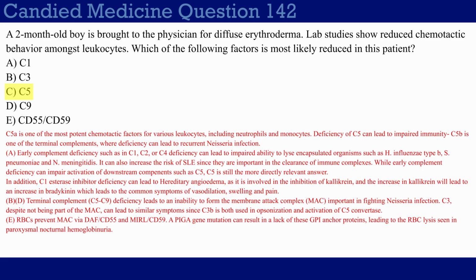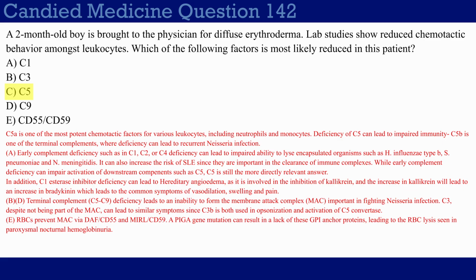Now C3, despite not being part of the MAC, it can lead to similar symptoms because similar to C5, it is upstream. You do want to know that C3b can be used in opsonization, and of course it is also used in activation of C5 convertase, which is what splits C5 into C5a and C5b. So patients with deficiency in C3 can also have symptoms of terminal complement deficiency. So finally, choice E,